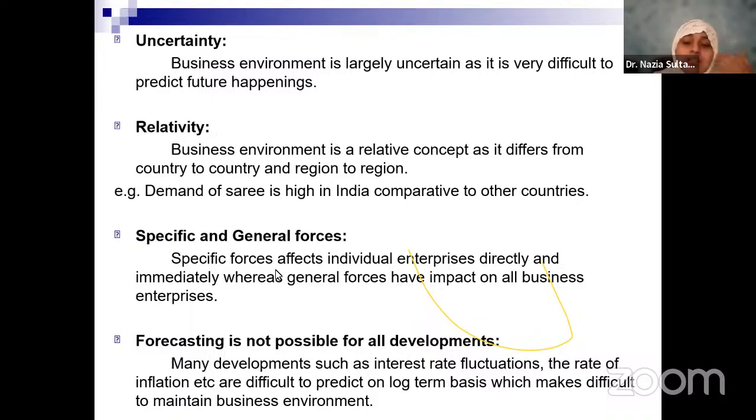Europe, you talk about. These are all countries in the world where, within the broader country, they have got smaller nations, smaller states, and each one of them is governed by their own business environments. So the concept of environment is very relative, as it differs from one country to another country, from one region to another. So you cannot say that this environment will be there everywhere. It keeps on changing even within a particular country.